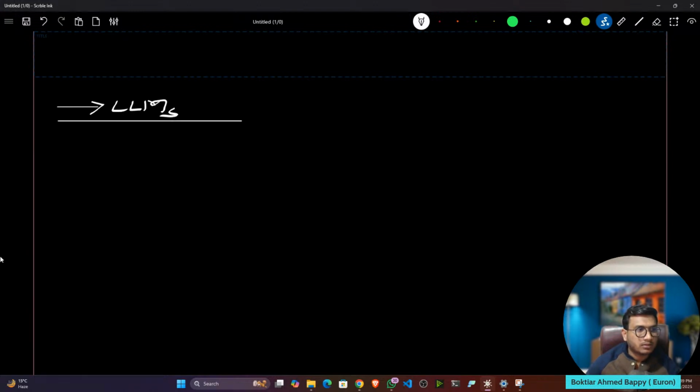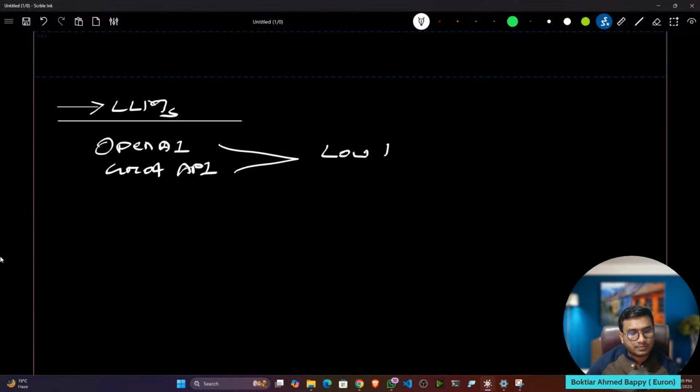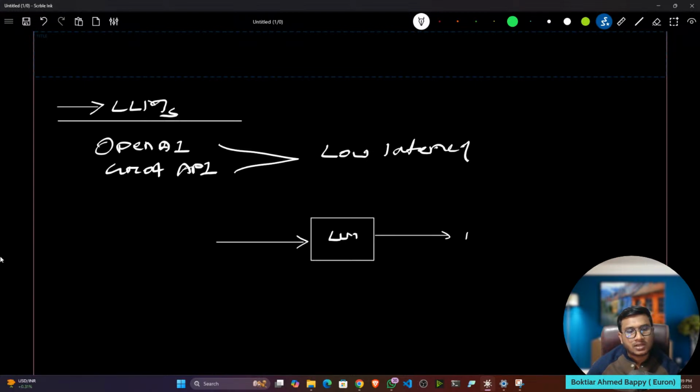Even we have different API providers. We know that we already used OpenAI based models. Then we have the Groq API also, right? So that's how we have different APIs. And what is the main advantage of using this kind of API based model? We can easily access it with low latency. What does low latency mean? If you're sending any kind of request to the LLM, let's say this is the question you are asking, instantly you will be getting the response. This is called low latency.